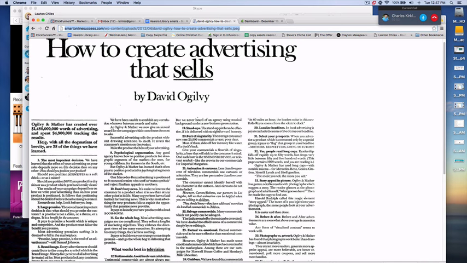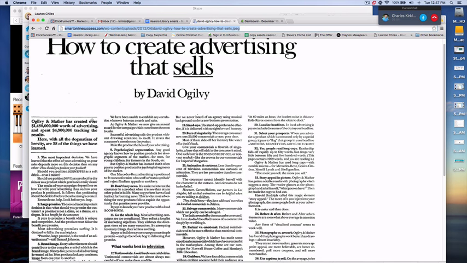Now, you see this paragraph right here. Ogilvy and Mather has created over $1 billion worth of advertising and spent almost $5 million tracking the results. Here with all the dogmation of brevity are 38 things we have learned.